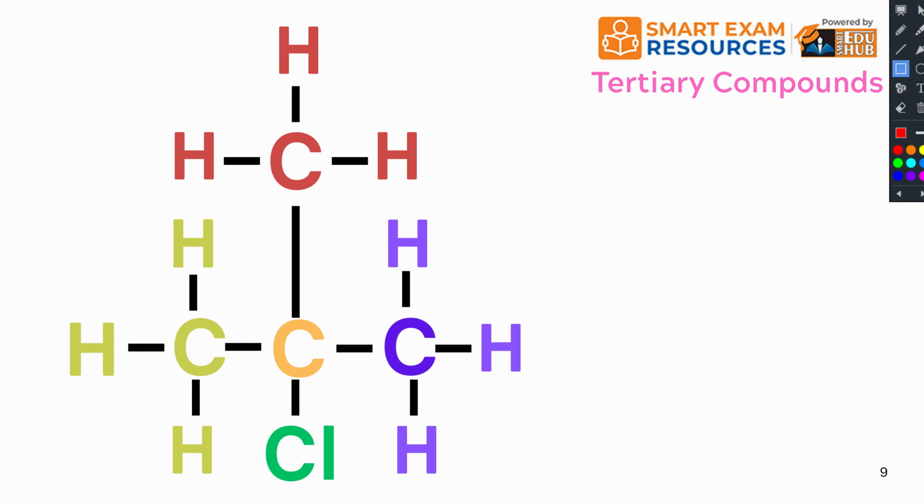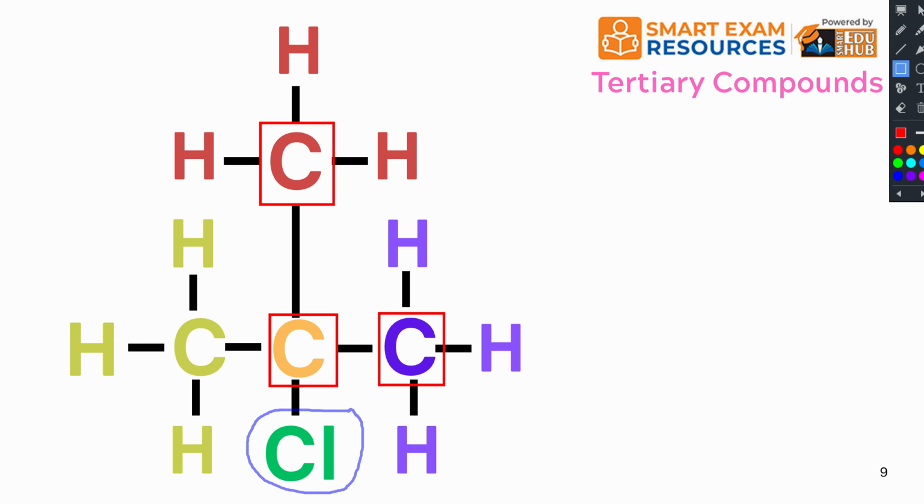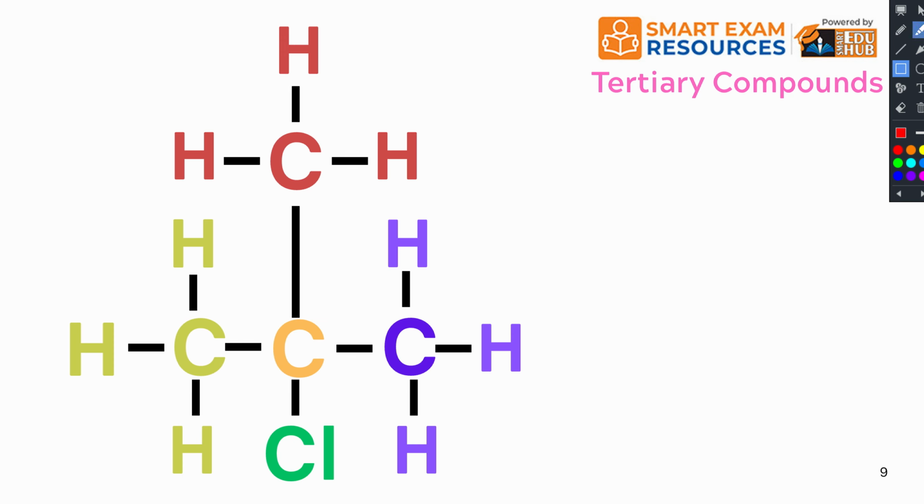Okay. So we are going to focus on this carbon atom because we know that this carbon atom is the one that is bonded to the chlorine atom. This is a halogenoalkane. And this carbon atom is bonded to 1, 2, and 3 carbon atoms, or it is bonded to 3 alkyl groups. It is not bonded to any hydrogen atom. So this again is an example of a tertiary compound, a tertiary halogenoalkane, or a tertiary 3-degree halogenoalkane. Now let's move ahead.